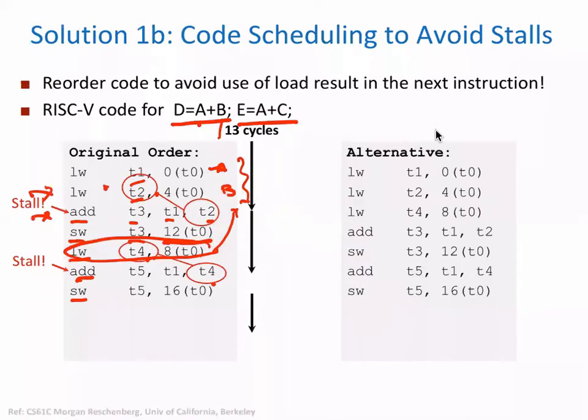So the compiler will create the sequence as follows. The first two instructions remain the same. The third instruction becomes load T4, 8(T0). This instruction goes up. The instruction that we have shown here comes next, and then we have SW. The next instruction is store.